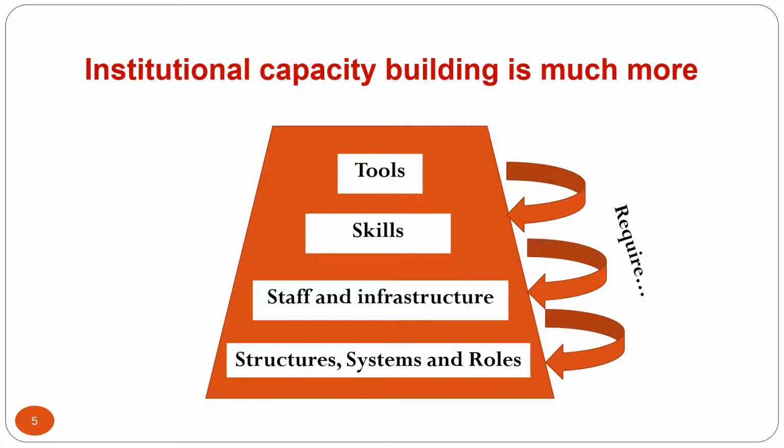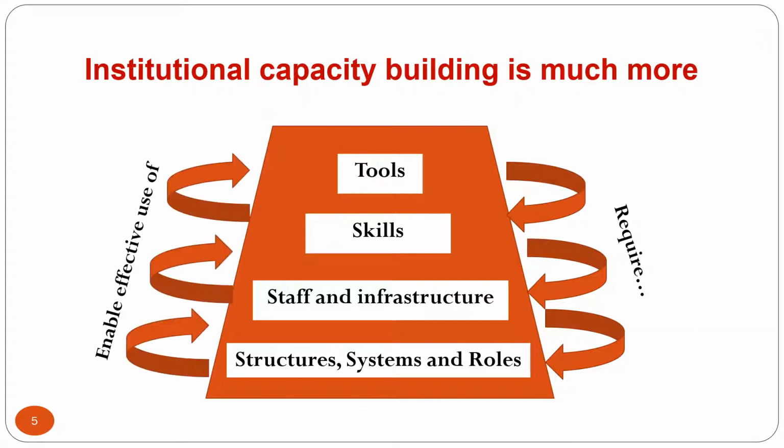And for all of that to run, do you have the structure, the systems, the incentives, and the rules and regulations in place to run the university as an efficient entity? Are leadership, management, central administration, procurement, financial management, all of that up and running, efficient? If not, you need to look at it, because otherwise you cannot perform, because everything is linked together. If the foundation, if the university's core functions are not efficient, staff and infrastructure will not be used efficiently, skills will not be utilized, and tools will not be utilized.